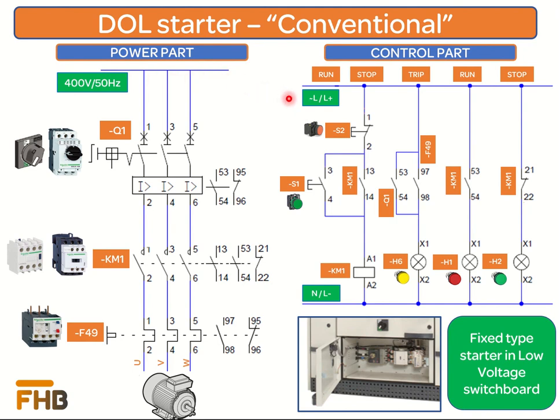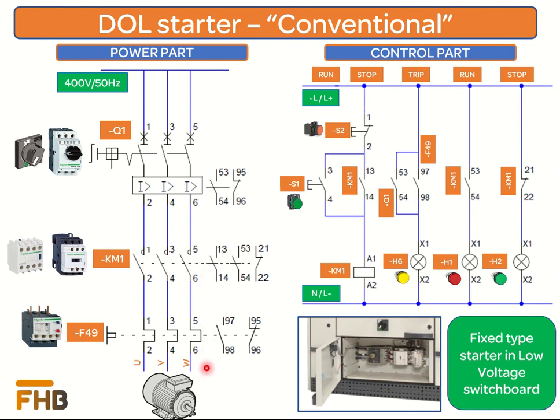The control scheme of the starter can be operated either locally from the MCC or remotely from the control station. For the local control, the motor is started and stopped using the start and stop push buttons at the motor control center. When the start button is pressed, control voltage energizes the magnetic contactor coil. Its contacts get closed and power is supplied to the motor.